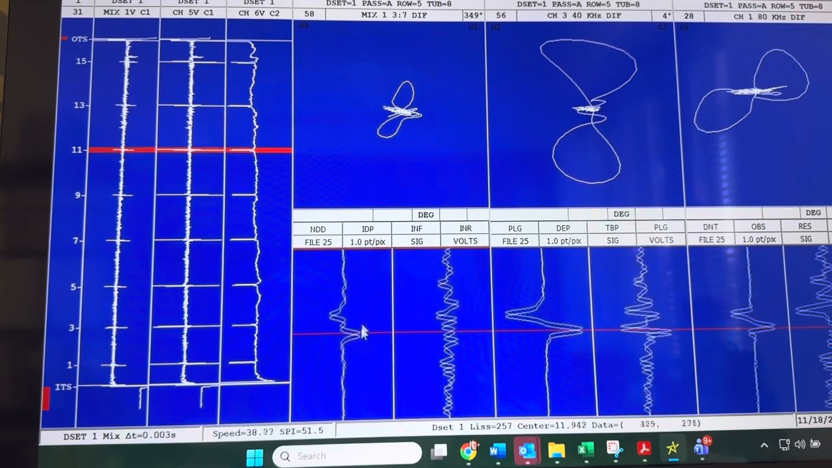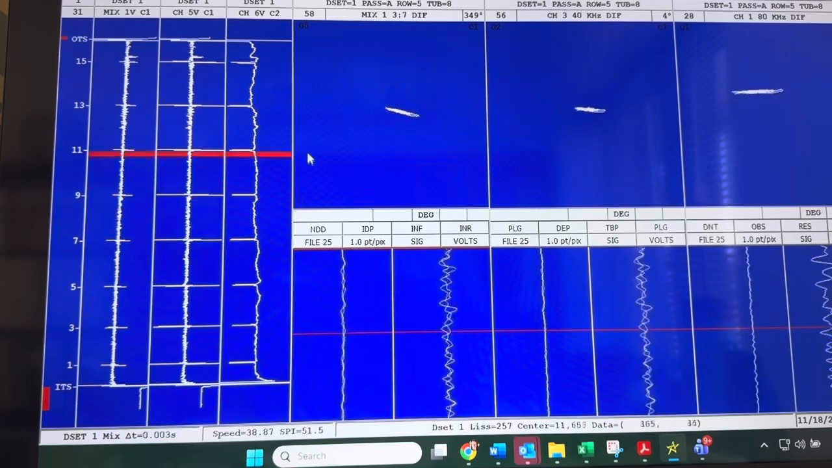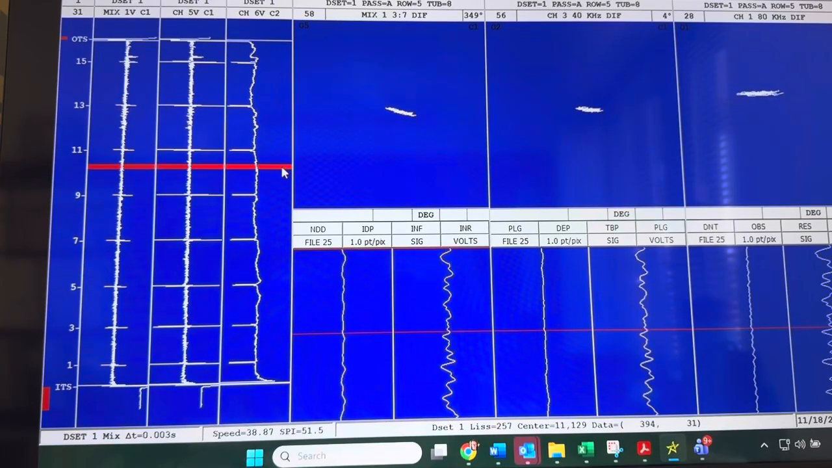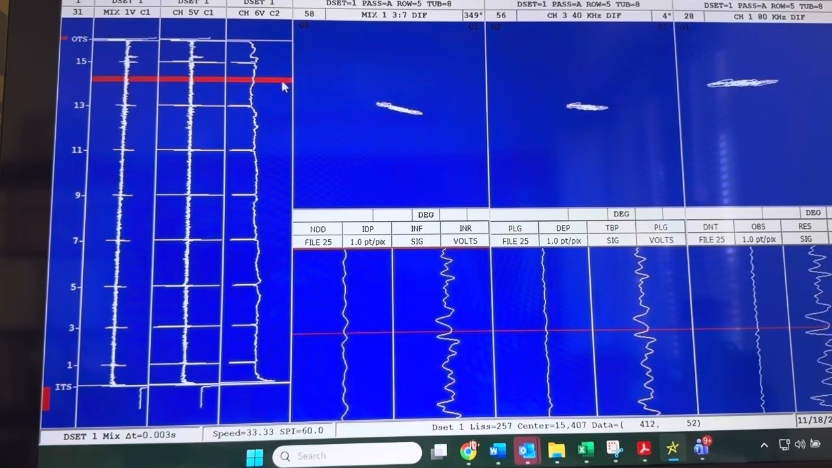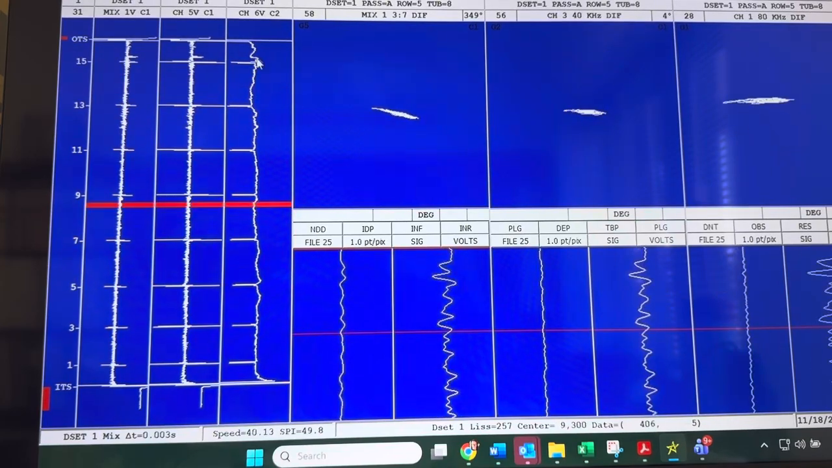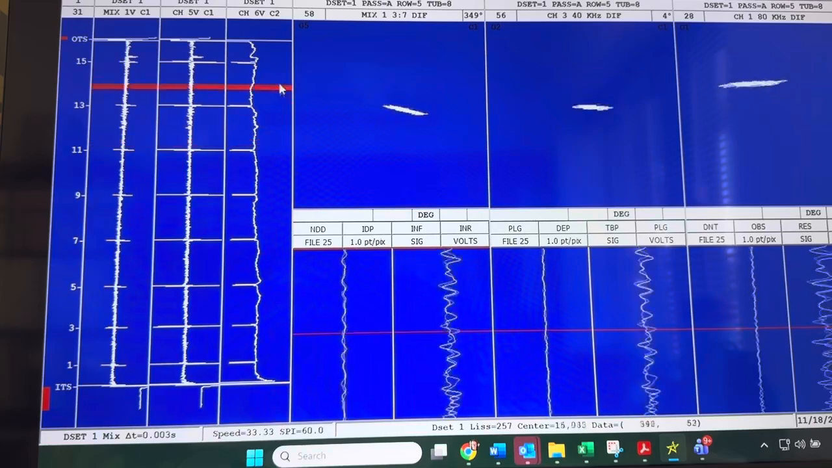This one's actually more of a public service announcement for people that would like to know how to report indications with a location along the length of the tube. This particular tube is about 30 feet in length. So if the data was acquired at 12 inches a second, it would have taken about 30 seconds to collect